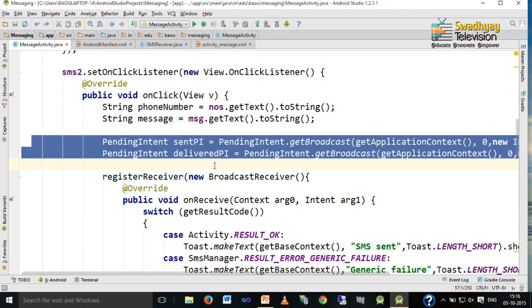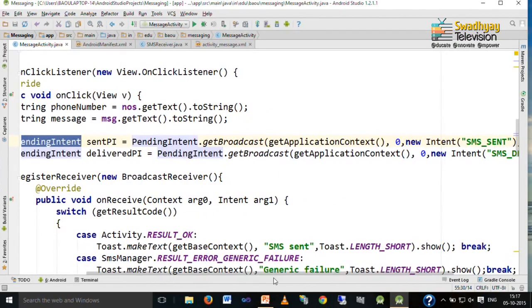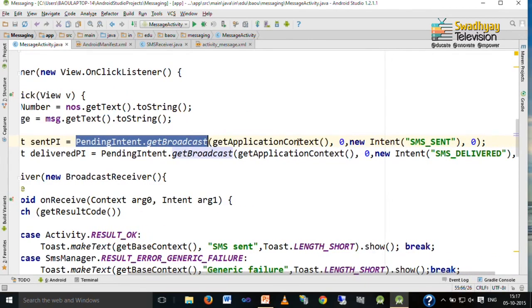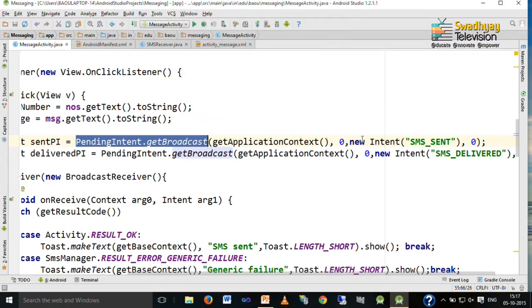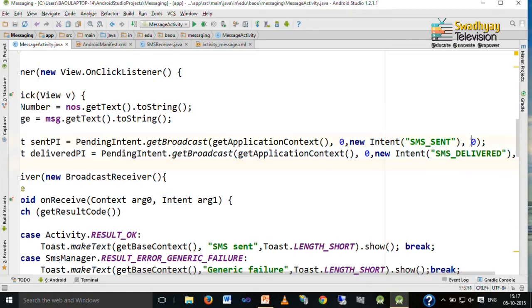So, how to create a pending intent? Sent PI is an object of type pending intent, and you can create a pending intent by calling its method getBroadcast. Pending intent is a class and getBroadcast is its static method, which takes 4 arguments. First is a context, another is a request code which is 0, next is an intent that specifies what to do, and last is a flag which is always 0.